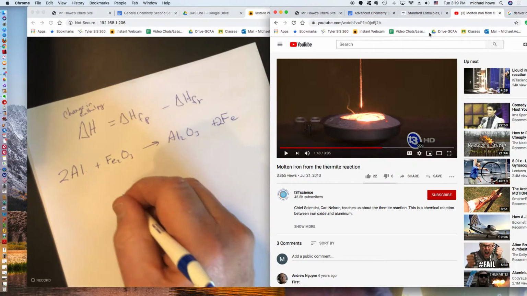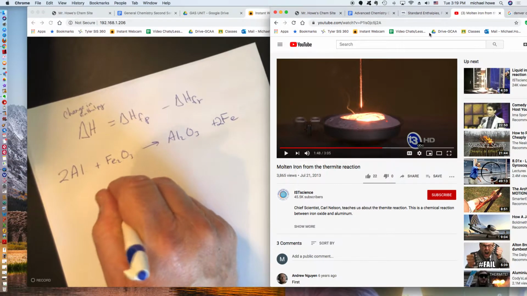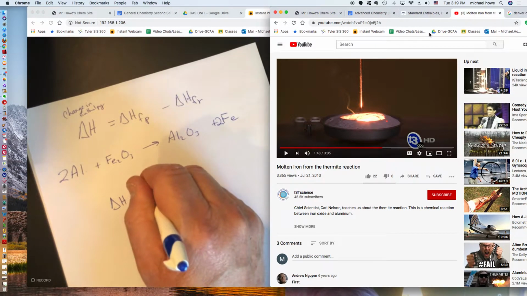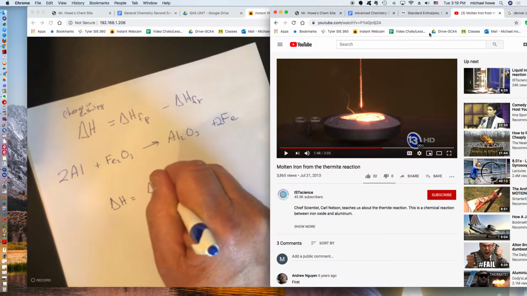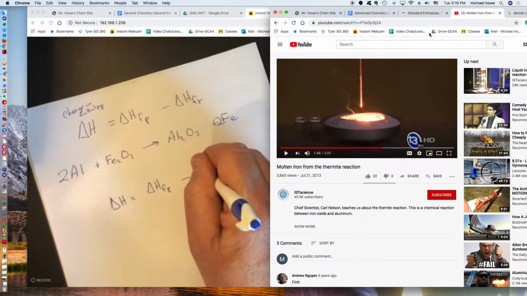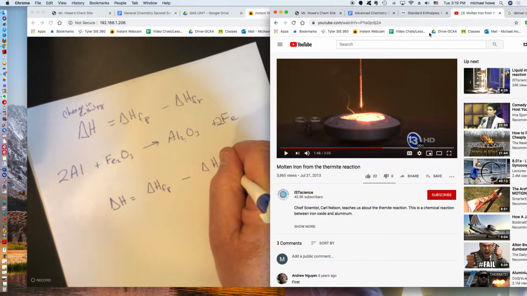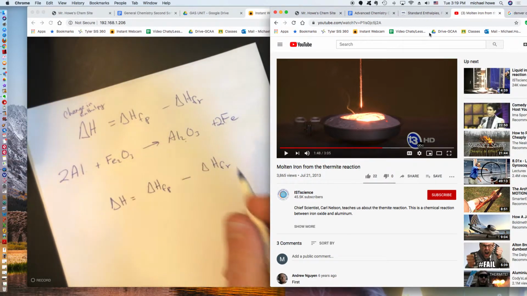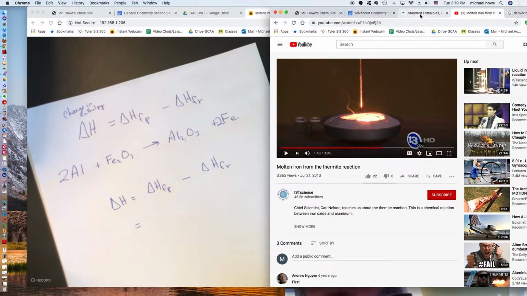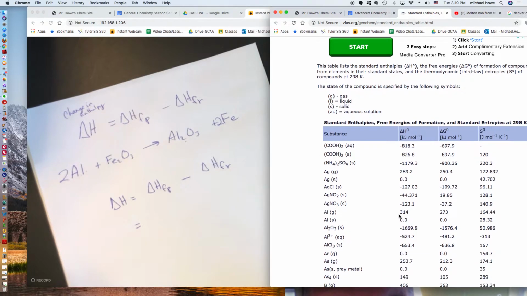All right, so using the equation, the change in heat, or the change in enthalpy, is equal to the heats of formation of the products. The products will be aluminum oxide and iron, minus the heat of formation of the reactants, and those would be the aluminum and the iron 3 oxide. So products, we have to go over here to our data table. For aluminum oxide, it's